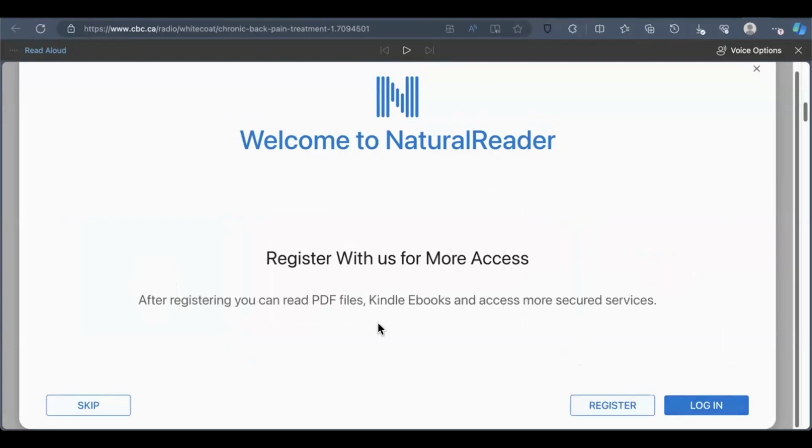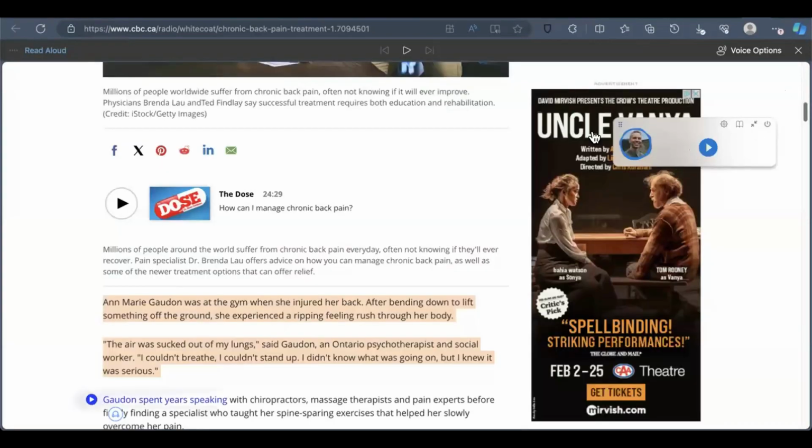Next. And then sometimes when you first start using it, it will ask you to register. Just click skip. But now when I'm on here,